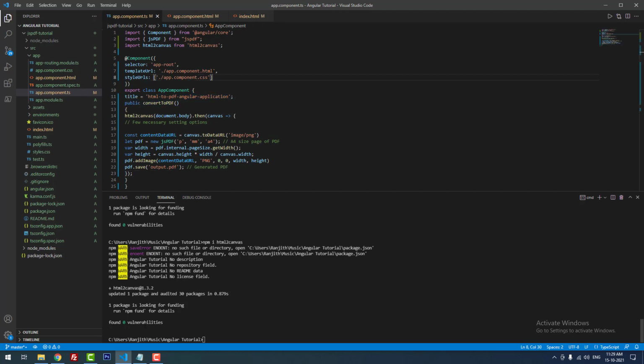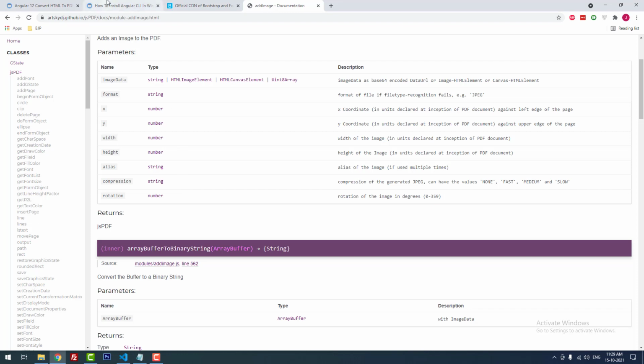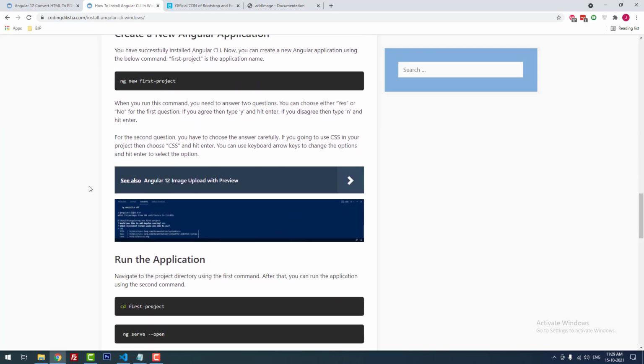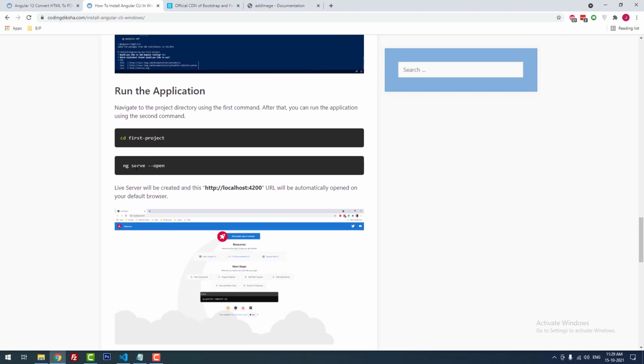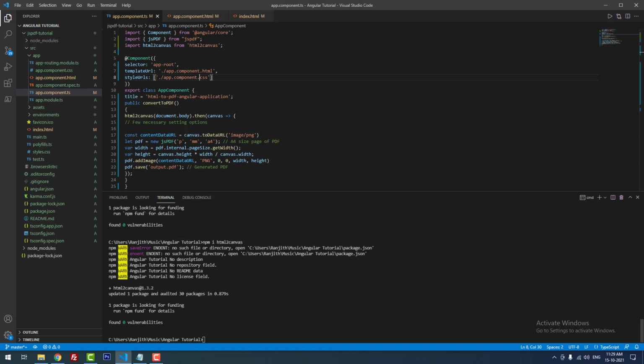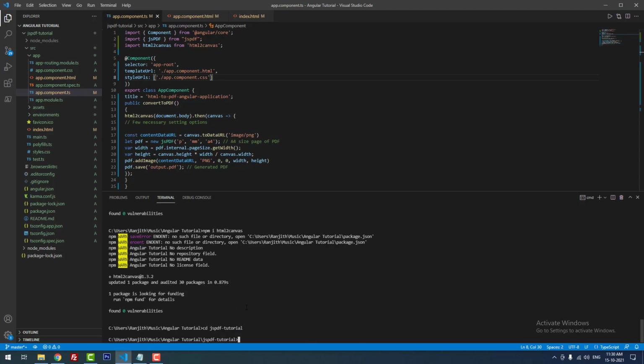Okay, let's run this project. To run this project, you have to use this command: ng serve --open. Before that, you have to navigate to the project directory. Now I am navigating to the project directory, cd jspdf-tutorial. Yeah, it has successfully navigated to the project directory.